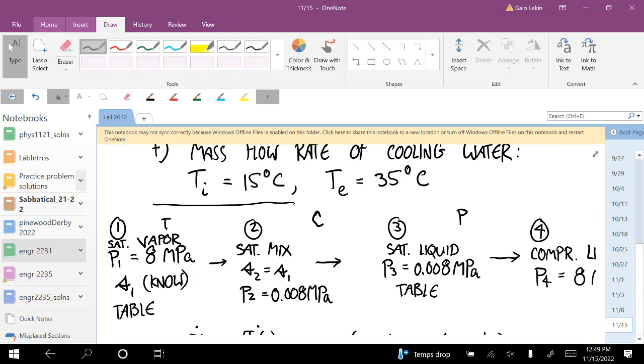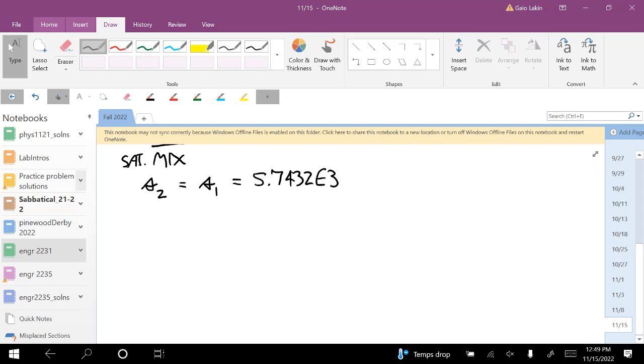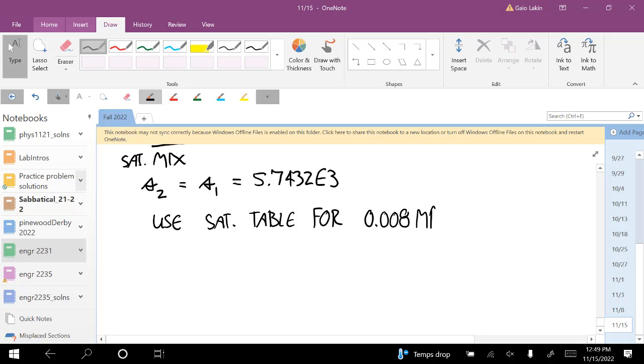So now, since we know the pressure at state 2, we can use the saturation table for 0.008 megapascals, and we get that